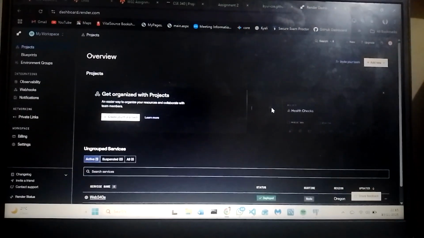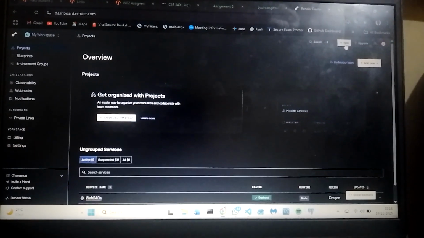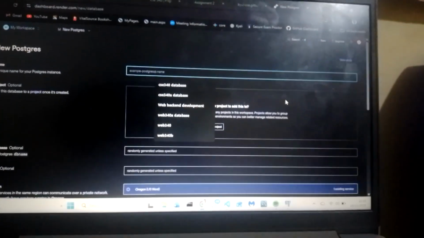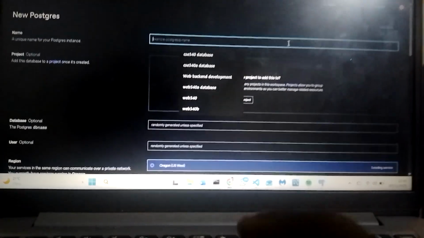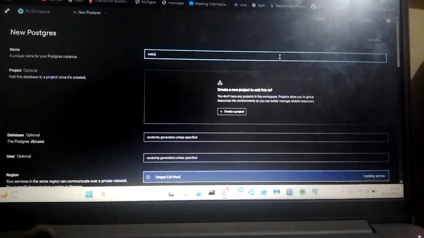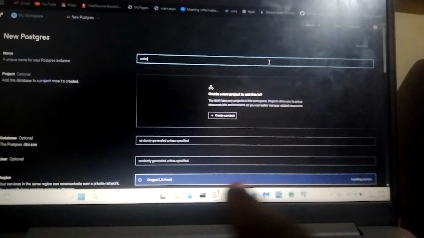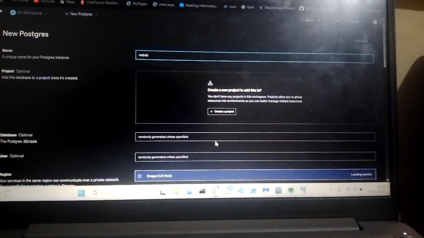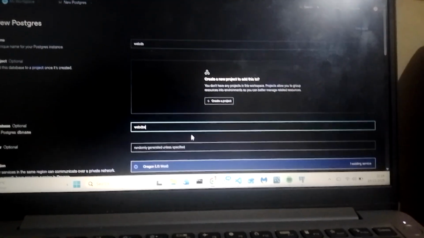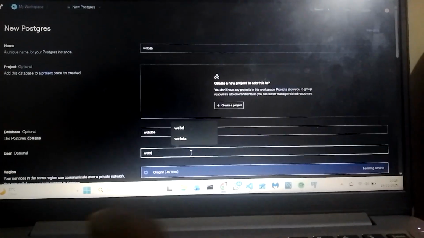So we shall go right here, click new, select Postgres, come here, give it a name, and we shall say this is web DB, web database, and then we shall give it a name. We shall say web database DBA, and also the user web DBA,